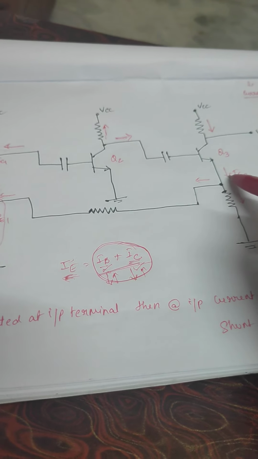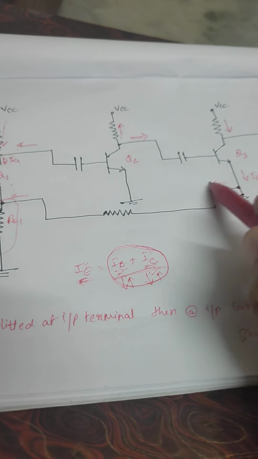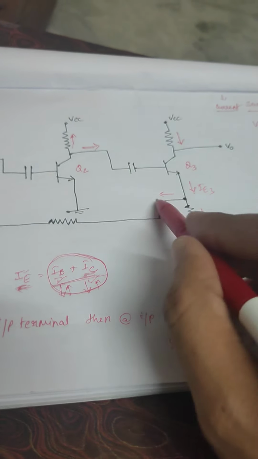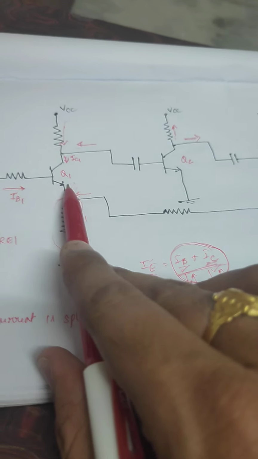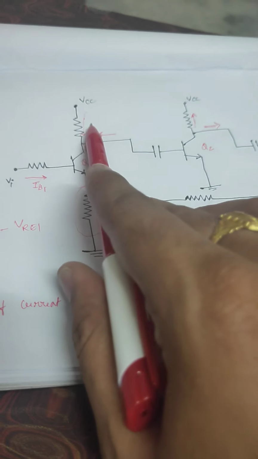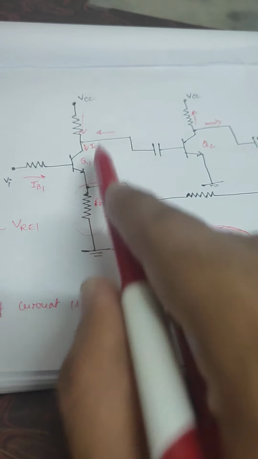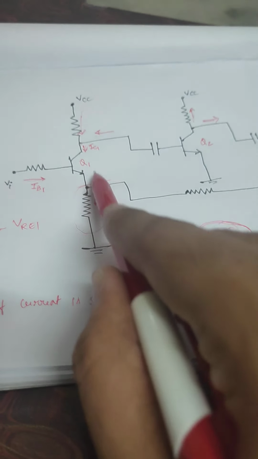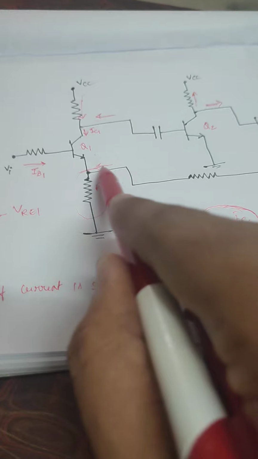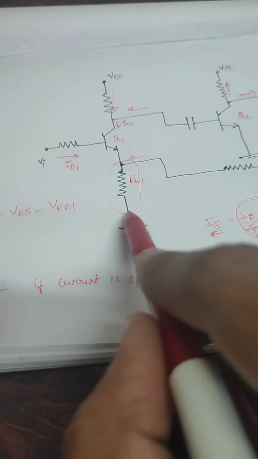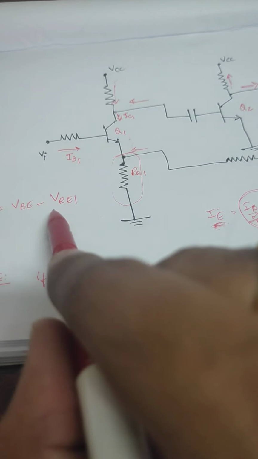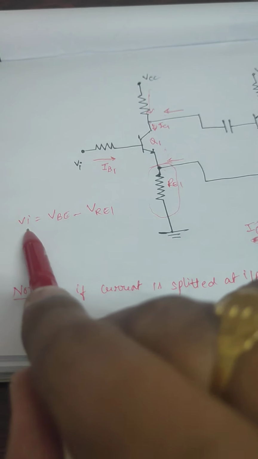I am going to make it clear one more time. As the emitter current is leaving from the transistor Q3, every current has to leave from the emitter. Hence I have marked these two directions, and it is going to follow to the emitter of Q1. If you see this, IB1 is entering, IC1 is entering, then the emitter current should leave. What happened to this? This is entering in nature. That means it is opposite to the direction of IE, which indicates a negative polarity current. So I am going to mark a drop of negative value, the voltage VRE1, which is reducing the VI value. Hence it is said to be negative feedback.